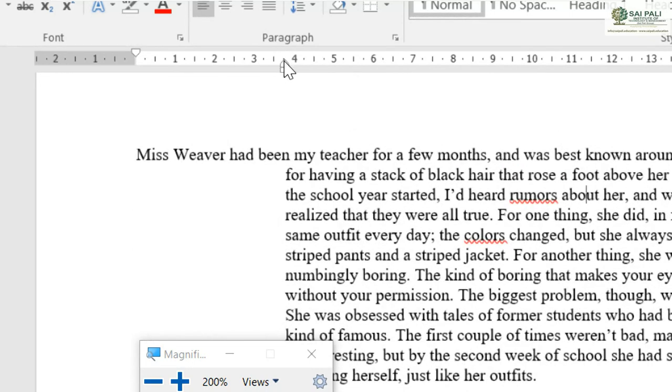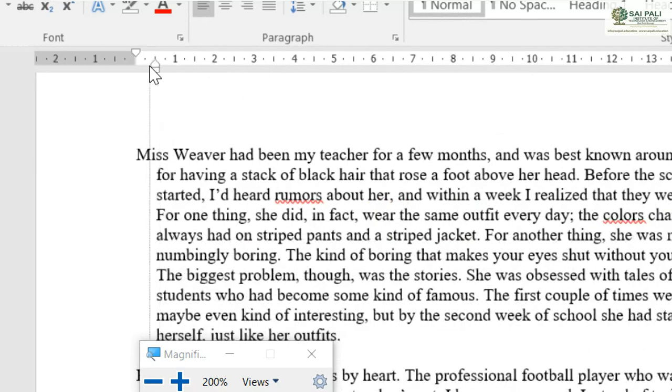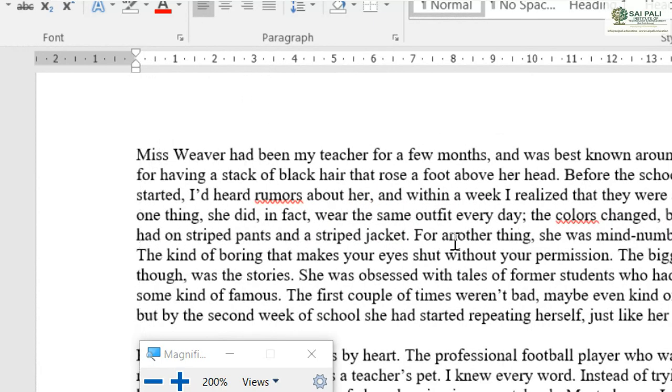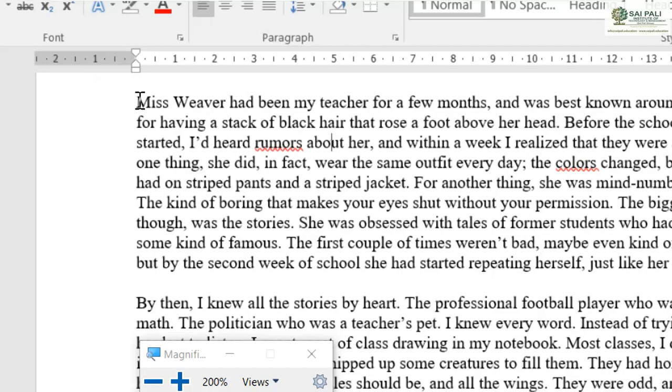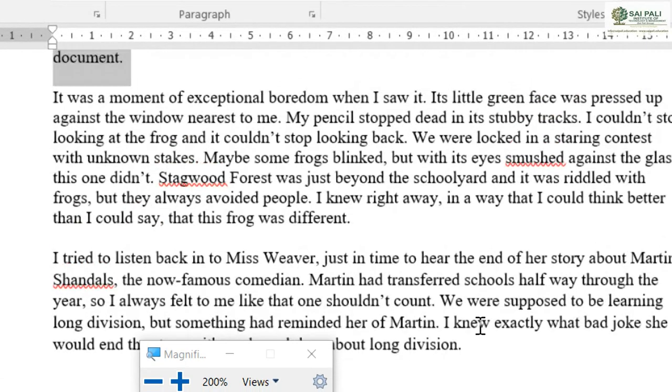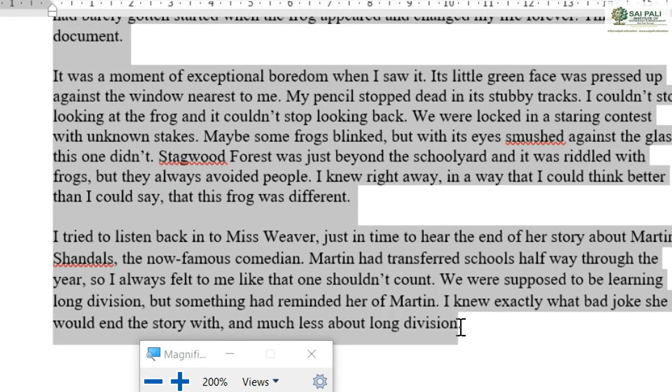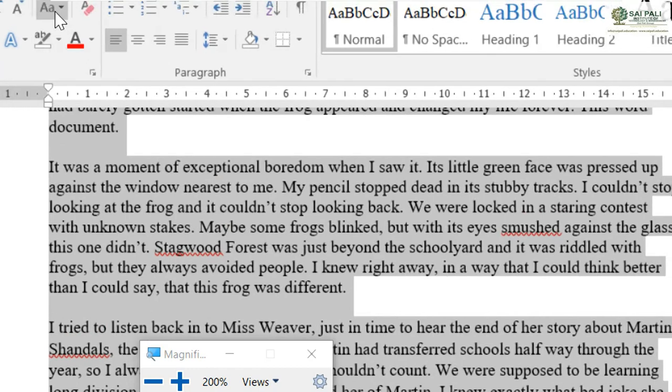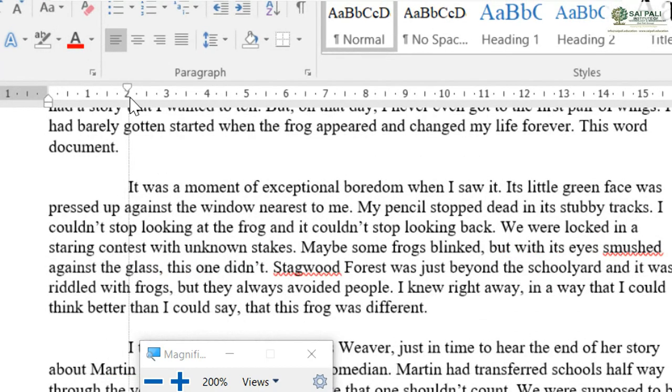But if you want to do it for all the paragraphs in the document, then you have to select all the paragraphs, and then you can go for first line indent. Let's say I go for first line indent.